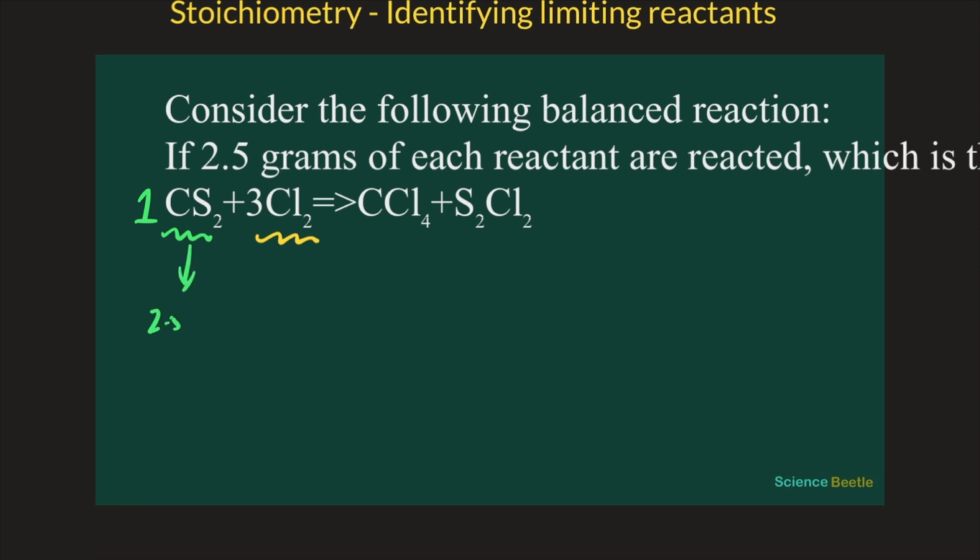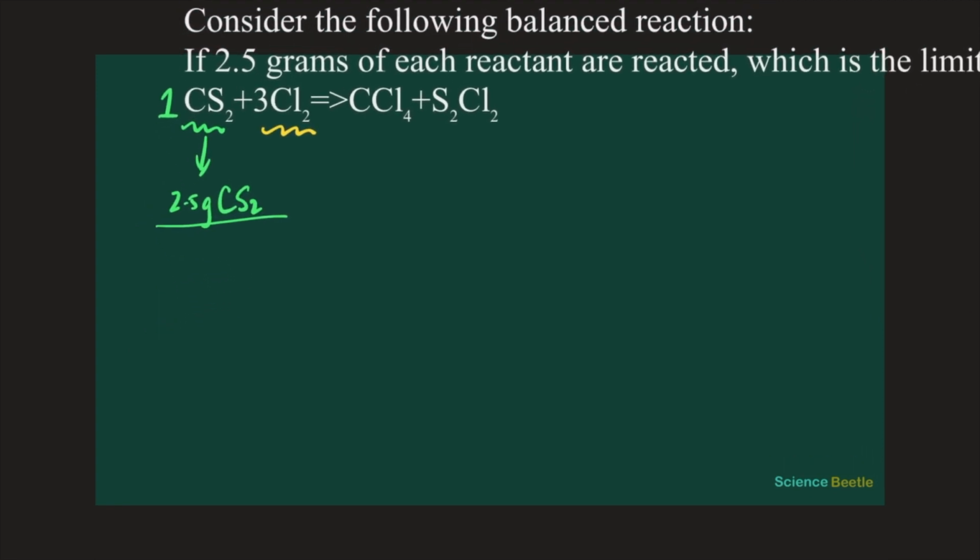So we've got 2.5 grams of CS2. We're going to divide that by the molar mass of CS2. And so in this particular case, we had already done a little bit of the work before. Sulfur is 32. And so let me zoom out a little bit here and then give us a little bit more space here at the bottom. And so CS2 has a molar mass of 12 plus 32 times 2. This will give us 64 plus the 12. So if we add all these up, we're looking at 76 grams